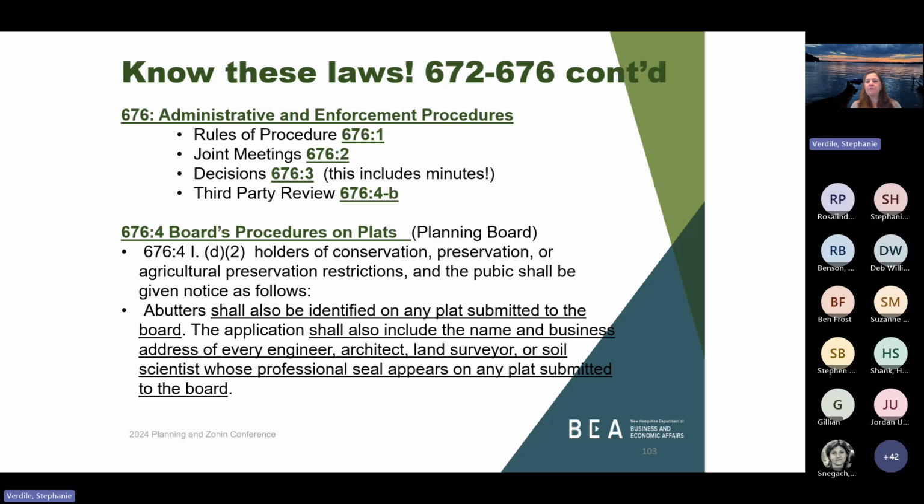If you don't have third-party review, I can't stress enough, it's one of my favorite things, that and TRC. I love the TRC. But do third-party review. And as for planning boards, of course, applicants aren't going to be that much in favor of it because they have to pay for it. And that's part of the real perk of a third-party review, is that it's someone working on behalf of the town, and the town does not have to pay for that.